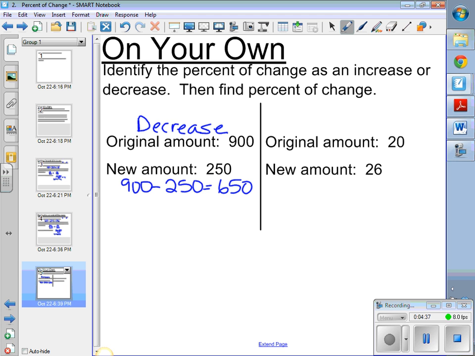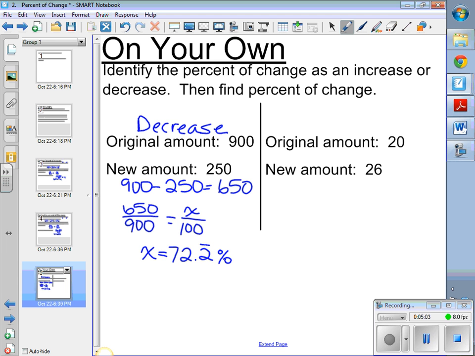We do 650 over the original 900, so our part to whole, and it is X over 100. Okay, so 650 times 100 divided by 900 gives us X equals 72.2 repeating percent